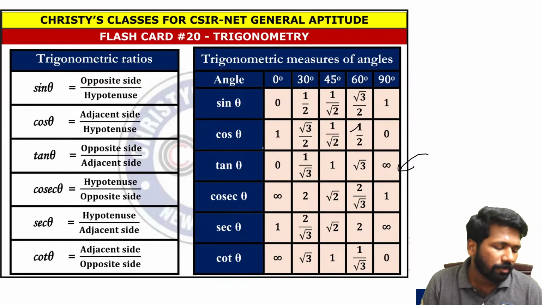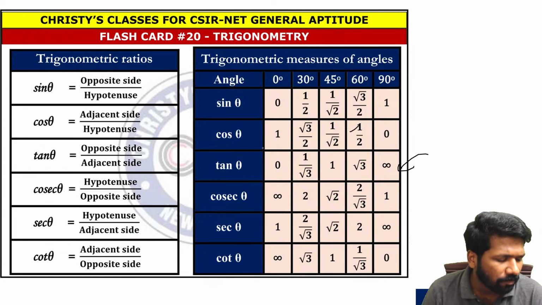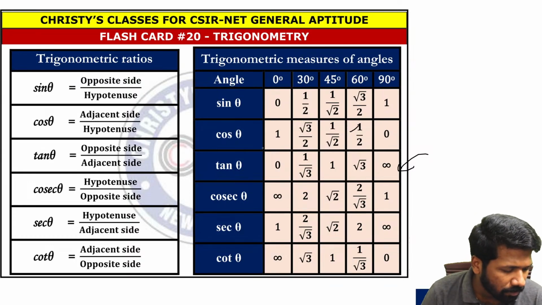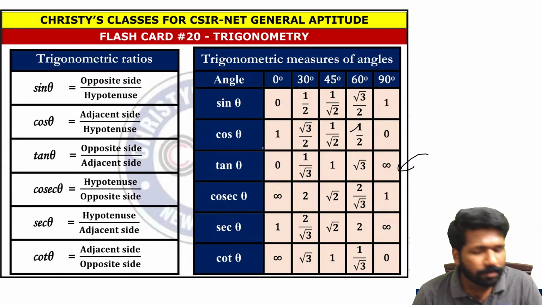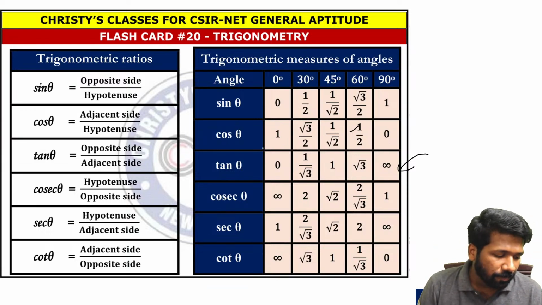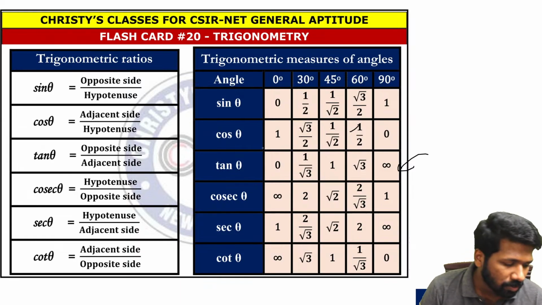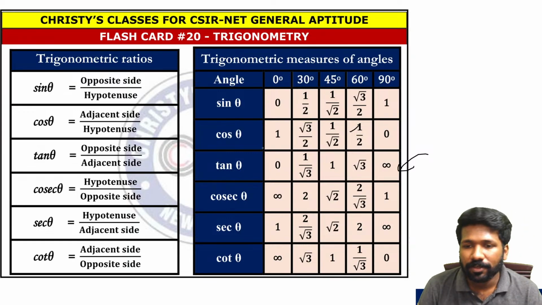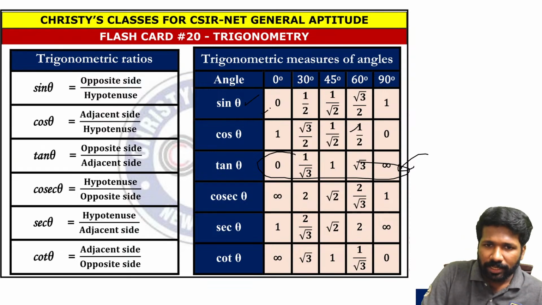Yes, Aksa, because 15, 20, 25 is a multiple of 3, 4, 5. 5 times 3, 4, 5 is 15, 20, 25. Any scalar multiple of a Pythagorean triplet is Pythagorean. That is why that will be Pythagorean. Or check it out: 15 square is 225, 20 square is 400, 225 plus 400 is 625, which is nothing but 25 square. Anyway, at least tan theta is needed, but I will suggest you to learn sine and cos also